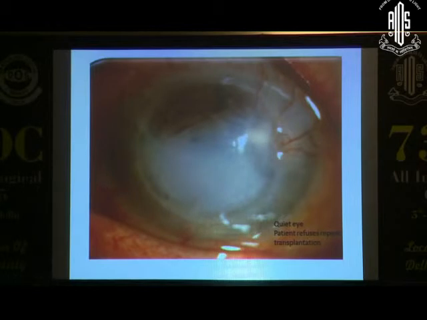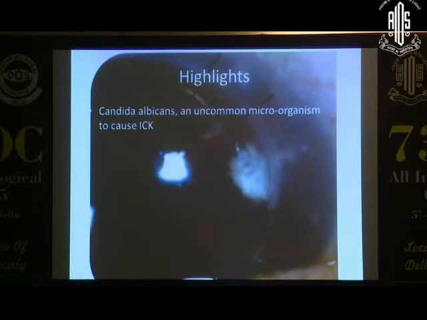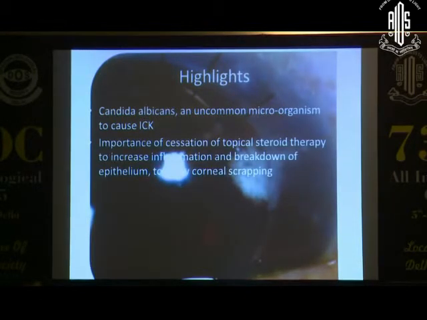His fellow eye is doing all right. So, basically, what we learned was, one, Candida is an organism we really don't think of in India. But in these situations, it's possible to get Candida, and we sometimes found Candida as an organism causing keratitis. It's important to stop the steroids for you to know what you're dealing with and to be able to do a microbiology workup. And it's essentially because of biofilms that you have ICK. The biofilms do not allow spread; it's contained within that.